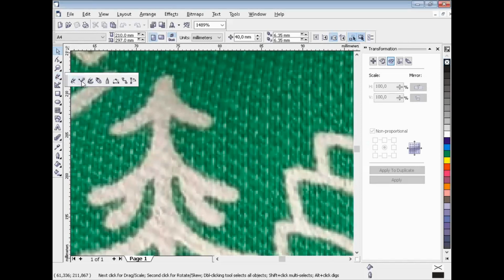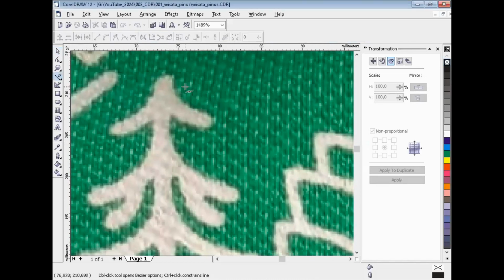I use the Bezier tool. Okay, let's try from here. 1, okay, 2, 3, 4. Okay, you have imagination to plagiarize this object.